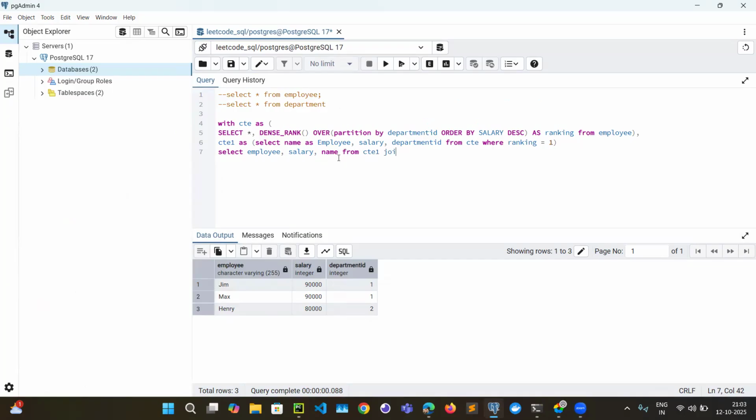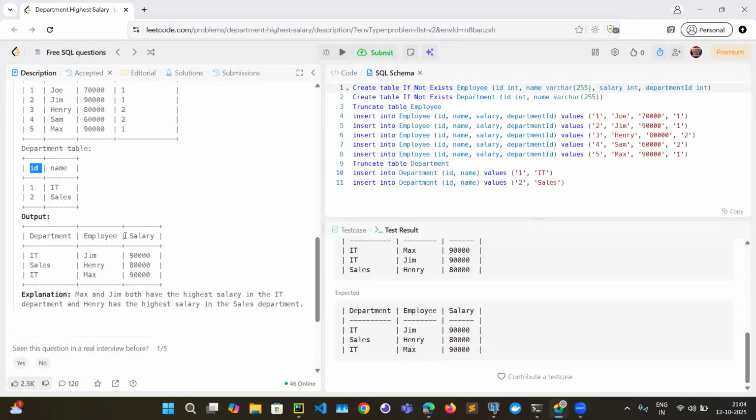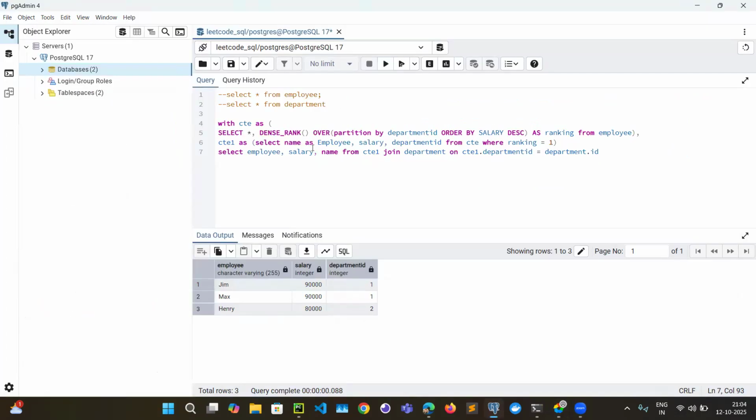From city one, join department on city one dot department ID equal to department dot ID, because this is the ID column. So we are joining on the ID column from the department table and department ID from the city one table. All right, and if you run that,